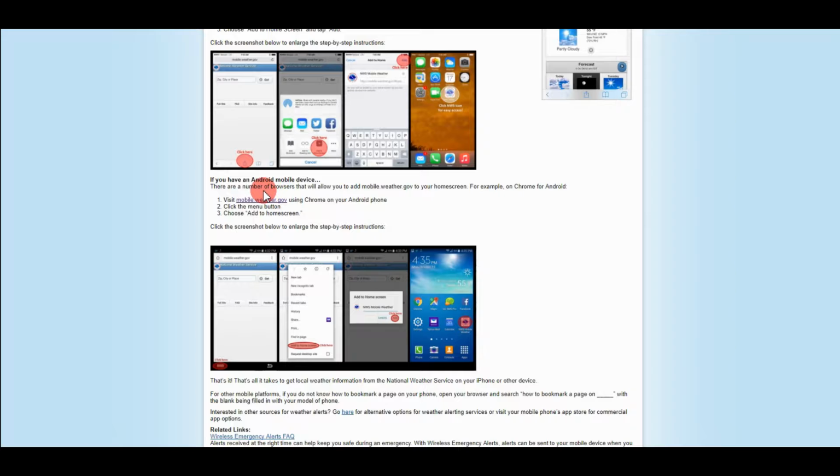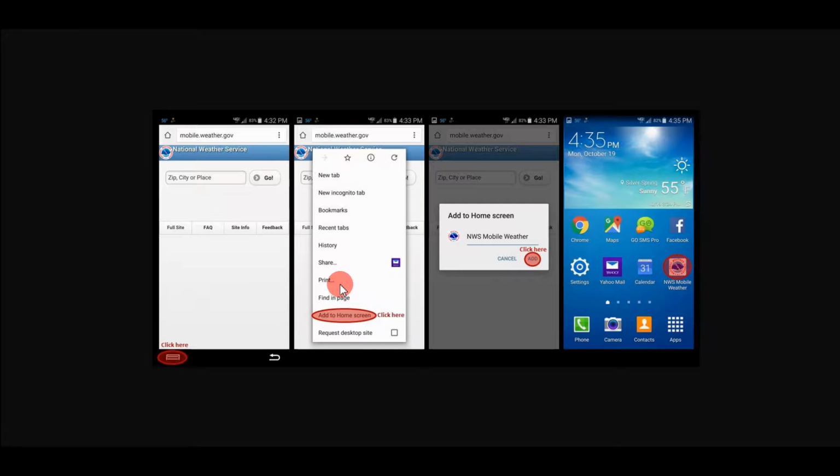Once again, on your Android mobile device, using your Chrome web browser or whatever browser you use, you will visit mobile.weather.gov. You'll click on the menu button, and then you'll choose Add to Home Screen. I'm going to zoom in a little bit closer to show you what these buttons look like. In the first picture here, in the lower left hand corner, that's your menu button. When that menu comes up, you'll hit Add to Home Screen,